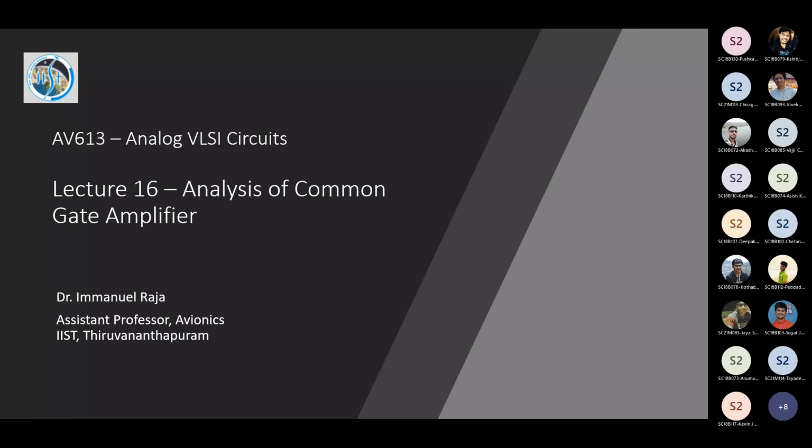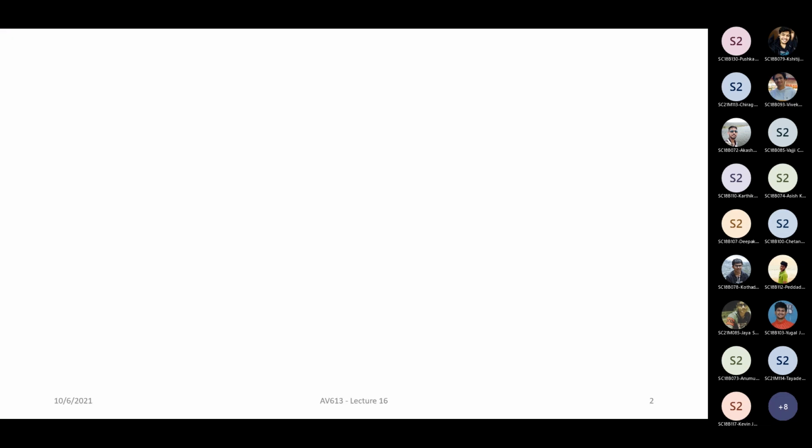So in today's lecture, I hope to start and complete the analysis of the common gate amplifier. In the course of doing this, we have learned the techniques of analyzing circuits. We have also learned the techniques of being able to model different elements in different ways. And for common source, we looked at the different types of loads. The same would apply for even a common gate amplifier. This common gate amplifier, as most of you would have guessed, is very similar.